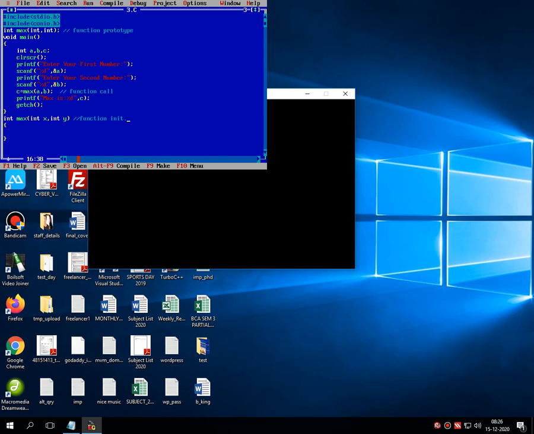110% a question comes to our mind: why do we need to go for x and y as we already have a and b? So just look at the void main statement. We have closed the brackets of the void main statement before the function initialization. And as far as the rule of programming in C is concerned, the life of a local variable is up